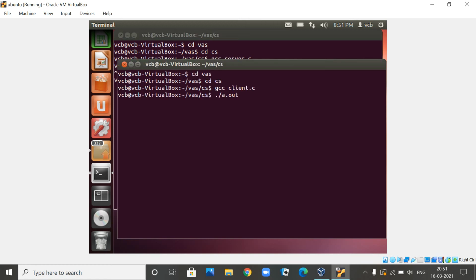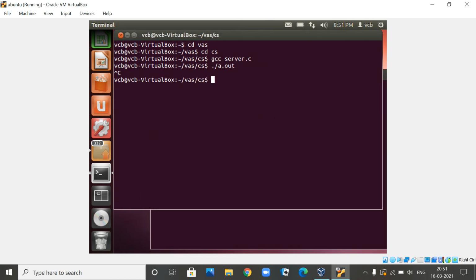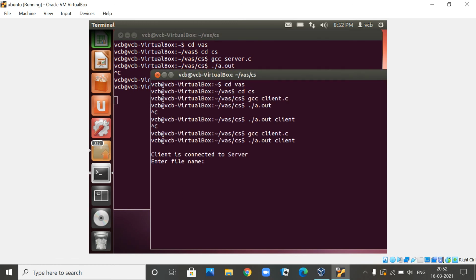The server is not running, so gcc server.c, then ./a.out.